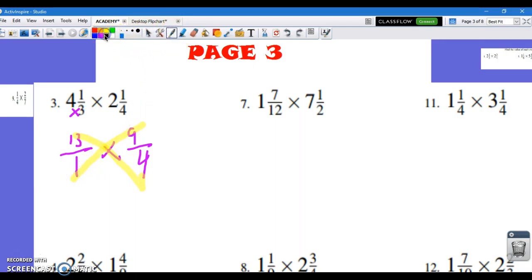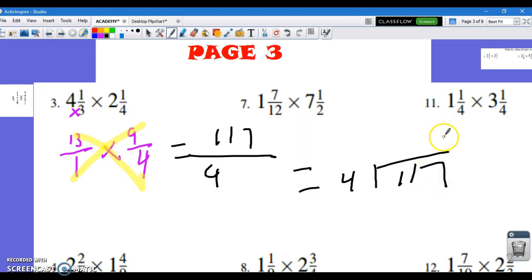Remember the rule. With a 1 in a number, that's not going to reduce. 13 and 4, I know it's not going to reduce. 13 times 9, use a calculator or your chart if you have to. That's 117. And 1 times 4 is 4. Cannot leave it top heavy though. So 4,